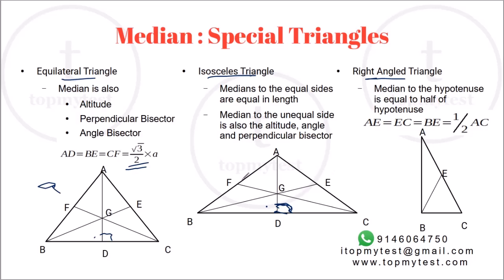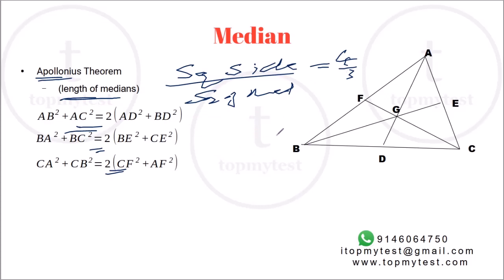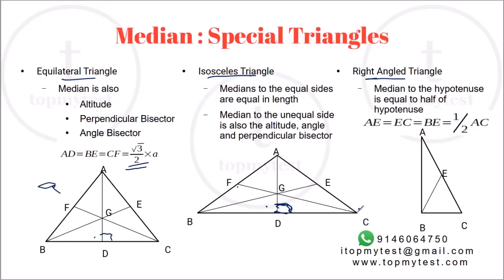These two sides will be equal in length. So CF will be equal to BE, assuming AB is equal to AC and BC is the unequal side of this triangle. BC is the base of this triangle. In that case, CF will be equal to BE. You can prove this using the Apollonius theorem. If you apply it, this can be proved very easily, that the medians to equal sides will be equal in